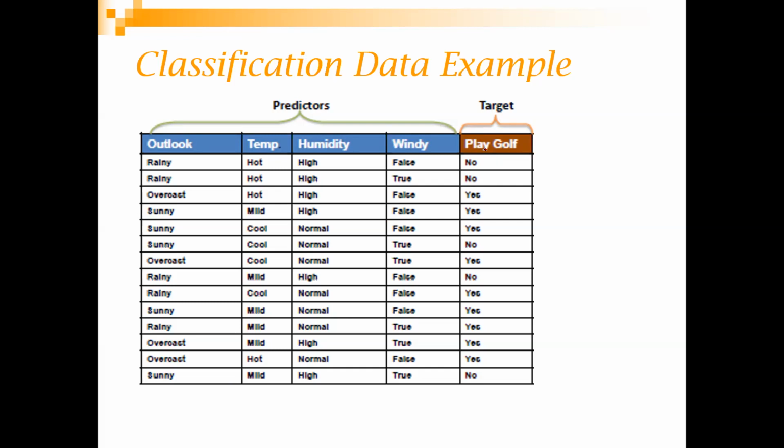Looking at different attributes of the weather, you want to classify whether it is a good weather for playing golf or not a good weather for playing golf. So how many classes are there again? There are 2 classes. And these are called your input attributes or predictors, and this is called your output attribute, or your class variable, your target variable. So there are different names. Okay.